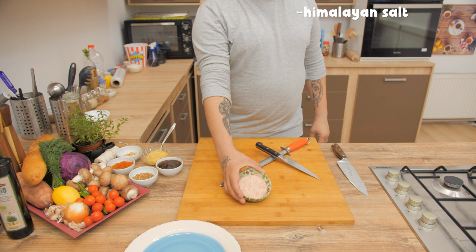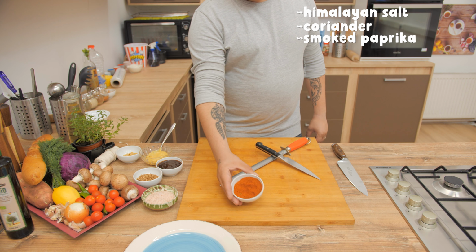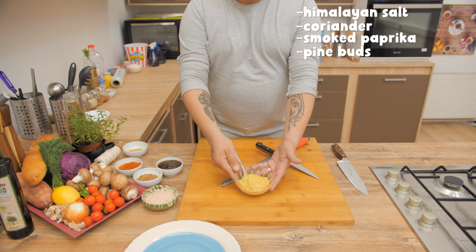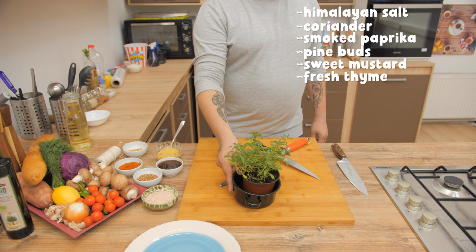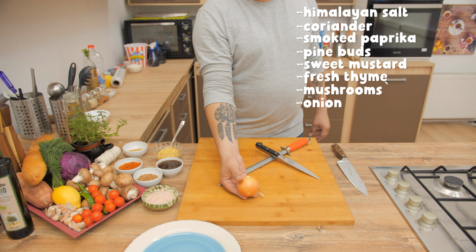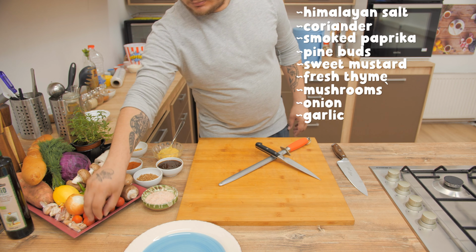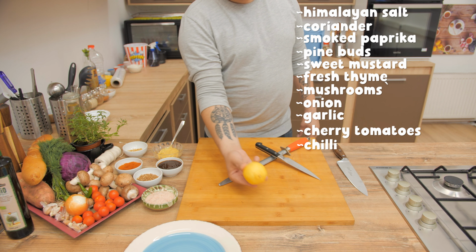The main ingredients that we are going to use are Himalayan salt, coriander, smoked paprika, pine buds, sweet mustard, fresh thyme, mushrooms, onion, garlic, cherry tomatoes, chili, lemon,